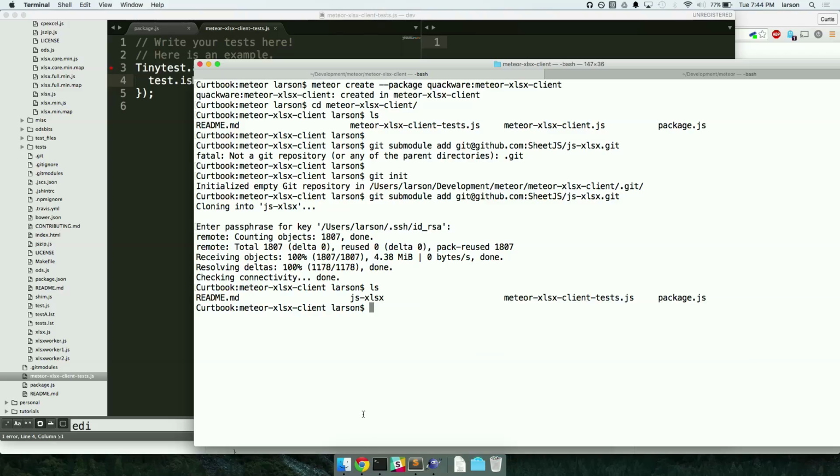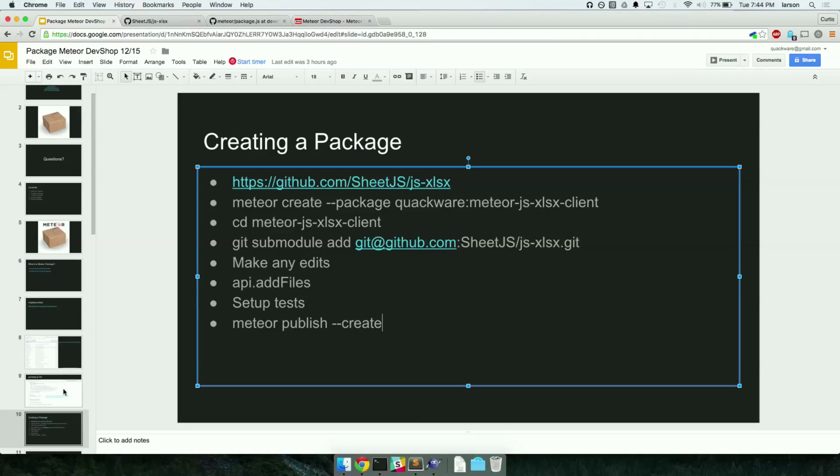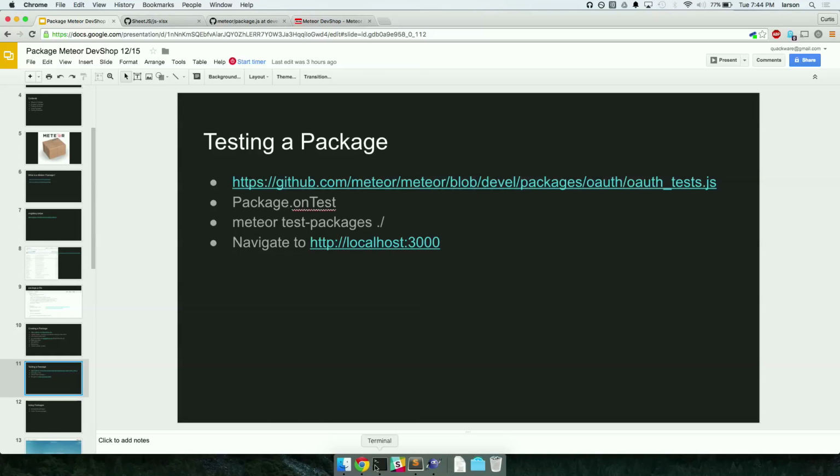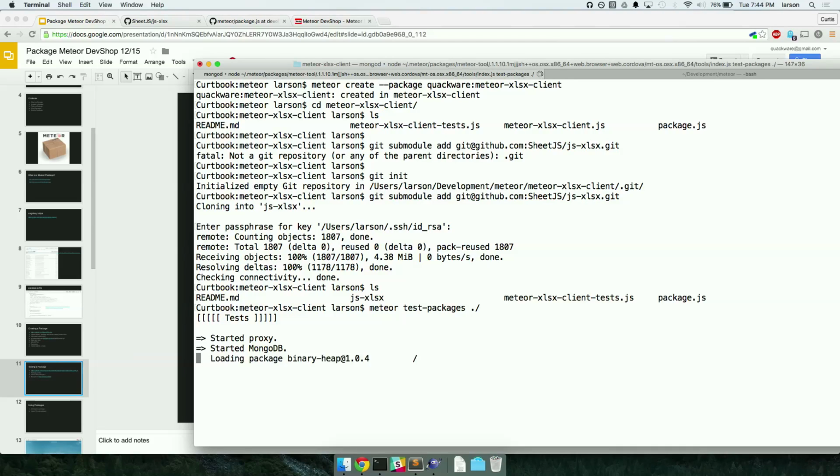And in order to run our test, we just type, I think it's on the next one. Can't think of it off the top of my head. We just type meteor test-packages and then a slash to reference the current package directory. So this is kind of similar to running your own Meteor project. It'll start up the website, MongoDB, and it'll spawn a little test interface on localhost. So once that's finished building,